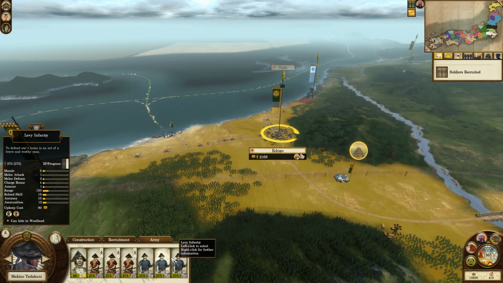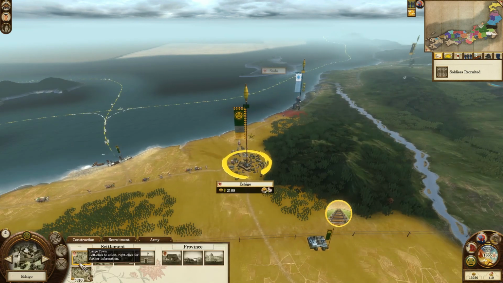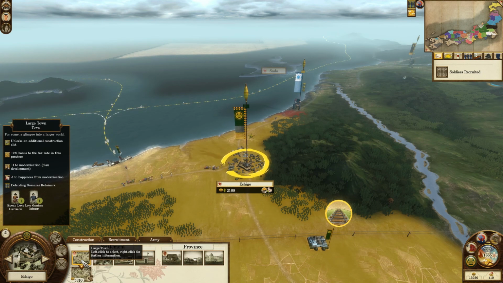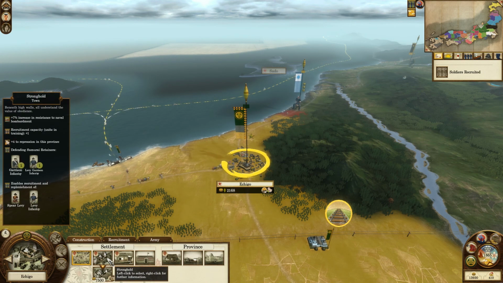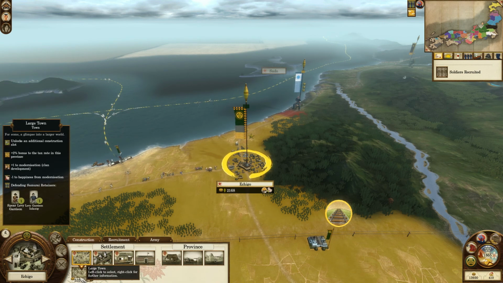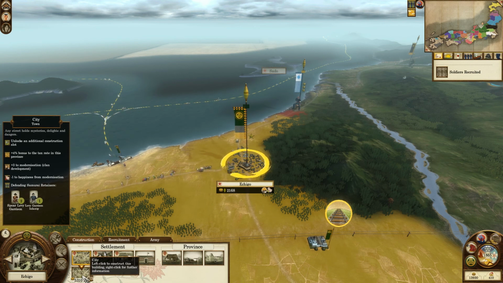We've got 3 spear levy, 3 levy infantry, as well as one of both from the town, and 1 garrison infantry and 1 garrison levy from the stronghold. And then we've got 3 garrison infantry from the barracks. So Echigo has quite a garrison. I'm not sure we'll be able to fend off the Morioka, but nevertheless,